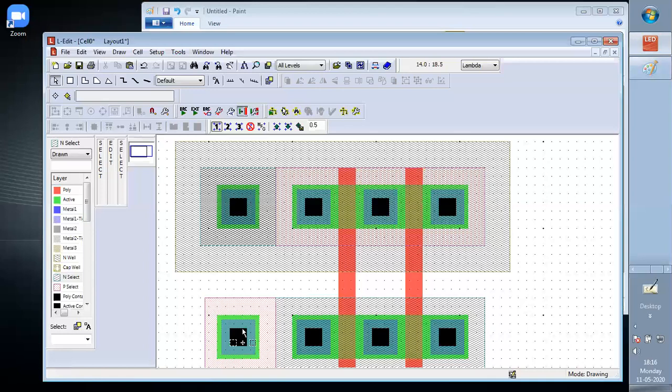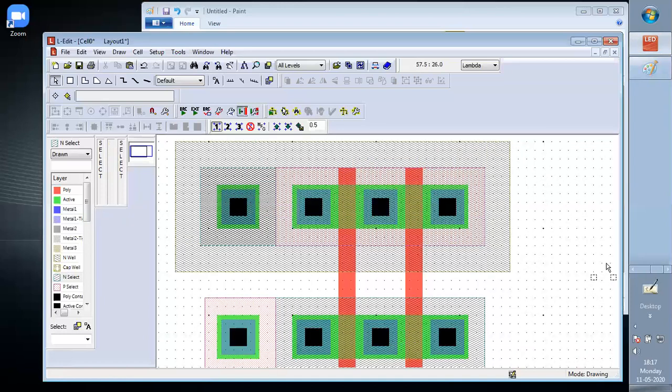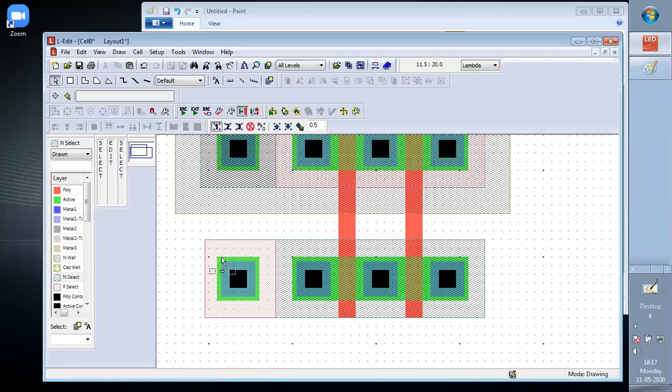If there are more than one transistor, we create the body on one side and we place that body on the ground or on the VDD, depending upon which body we are talking about. If it is the body of PMOS, then we give it the VDD terminal, and if it is the NMOS body, we give it to the GND, that is the ground terminal, right? Now we come back to this stick diagram.